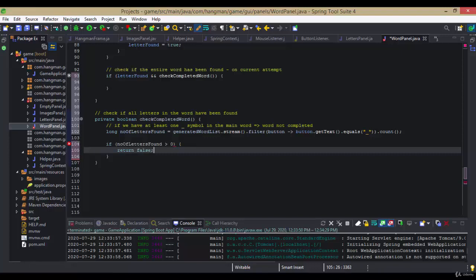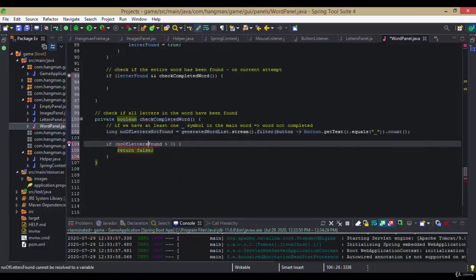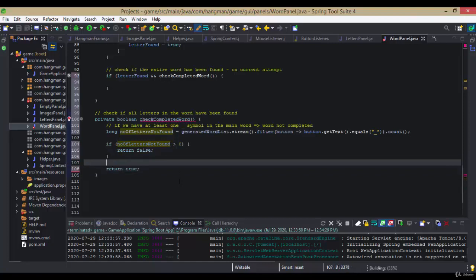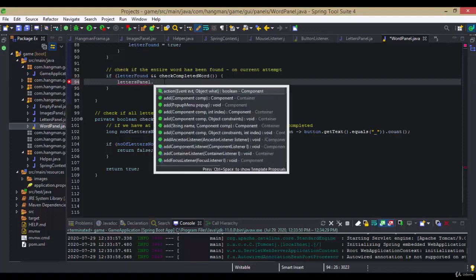And if the number of letters found is greater than 0, it means that the word is not completed. But in fact, let's change this variable to number of letters not found, since it's more descriptive. And if all the letters were found, we will return true. So going back to this statement, if letter found and check completed word,